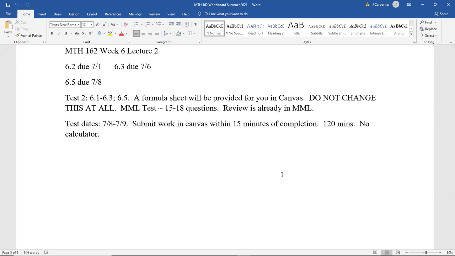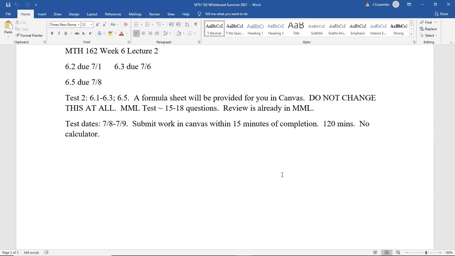Got our whiteboard with a few dates: 6.2 homework due on the 1st, that's today, 6.3 due on the 6th, and 6.5 we will finish today. We're going to be cutting it very, very close, but we will finish that material today. I planned it appropriately. And that means that the homework will be due a week from today, which is the